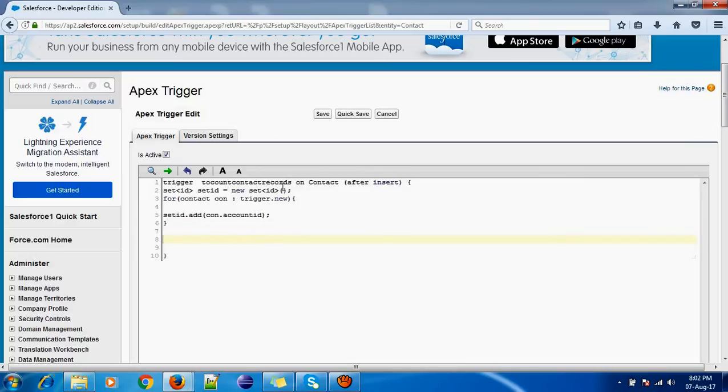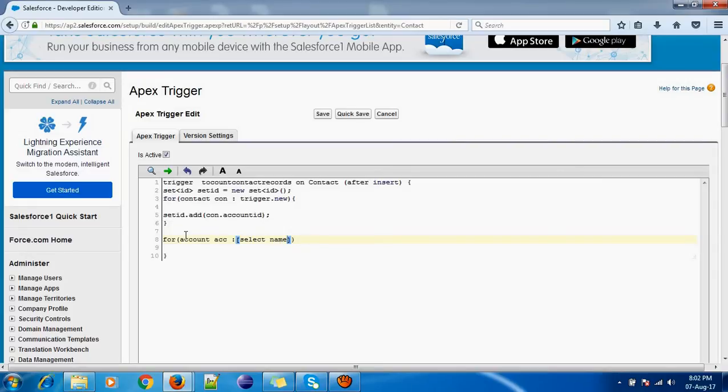Now let me run a for loop on account. For Account acc, this is the variable, and I'll run a query: select name.